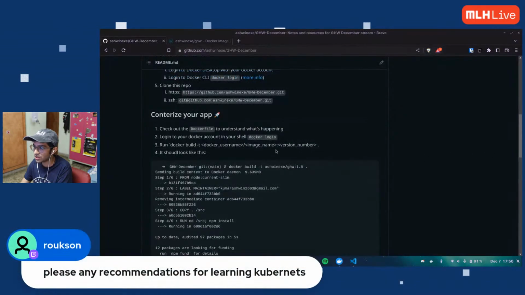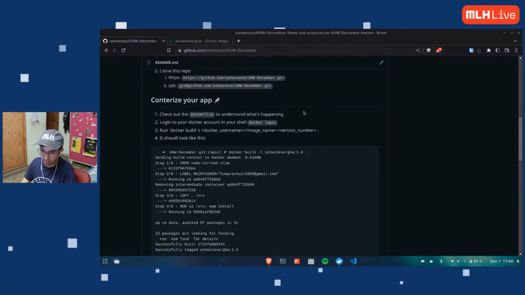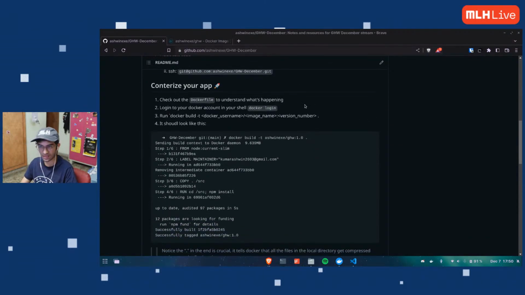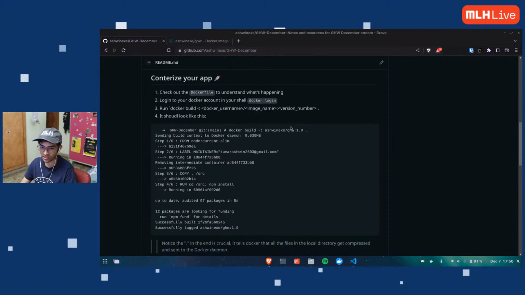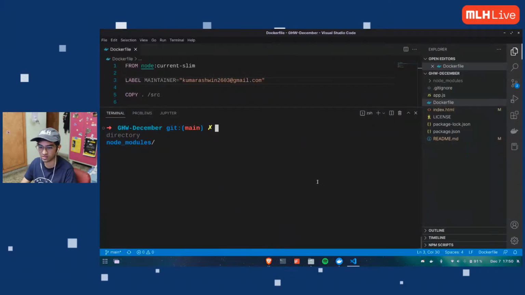Any recommendations for learning Kubernetes? Yeah, there are a lot of YouTube channels. I prefer documentation. We'll go through that in this stream. Documentation is one of my best because there are no ads. I can skip to whatever part I want, and just straight to points. I like reading, and documentation is the most trusted place. The official Kubernetes documentation is really good.